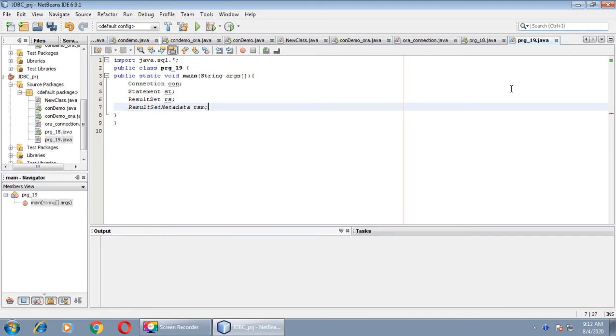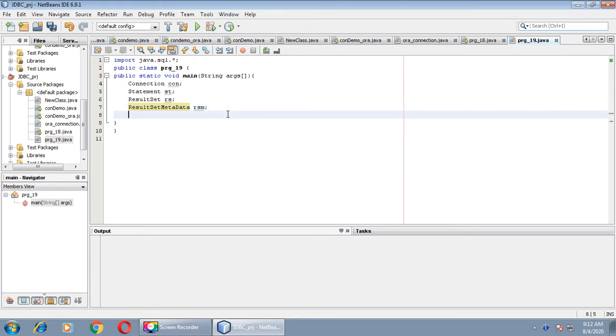The object of this class is RSM, cannot find a symbol. Here the D must be in capital letters. You can see that error is disappeared now.